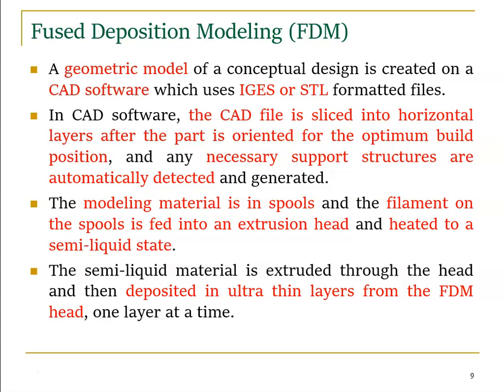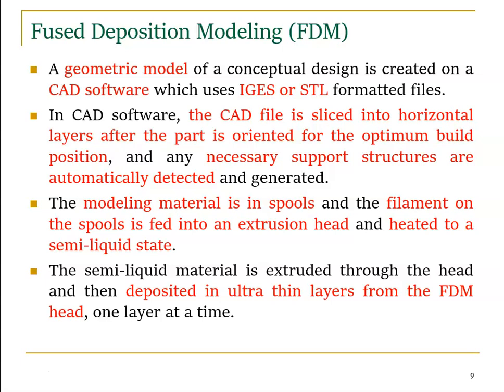So horizontal layers, and orientations, right? Based on the optimization of raw material, it will orient the part, whether horizontal or vertical, based on the raw material usage, and it will add some necessary support structures. So support structures, as I said, if it is a hanging structure, then we use support structures. This is all done by the system, the computer itself. So it is not a manual process, right?